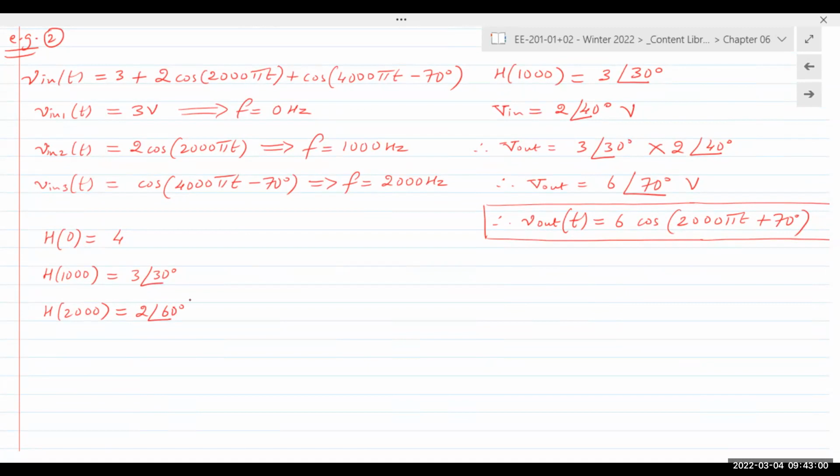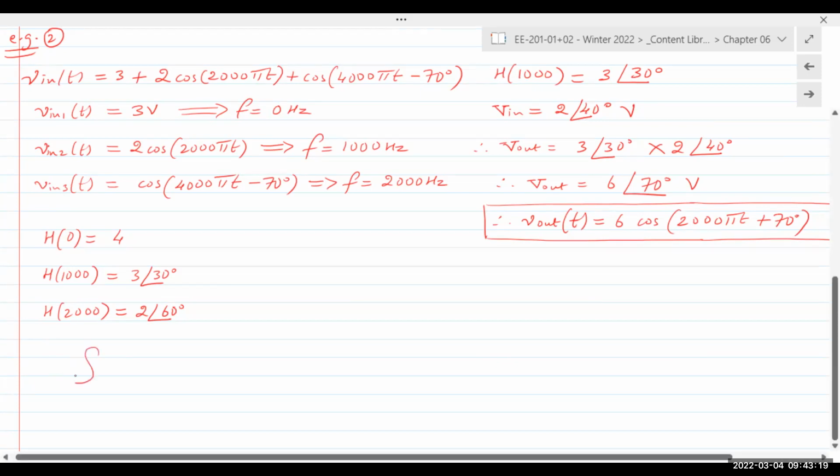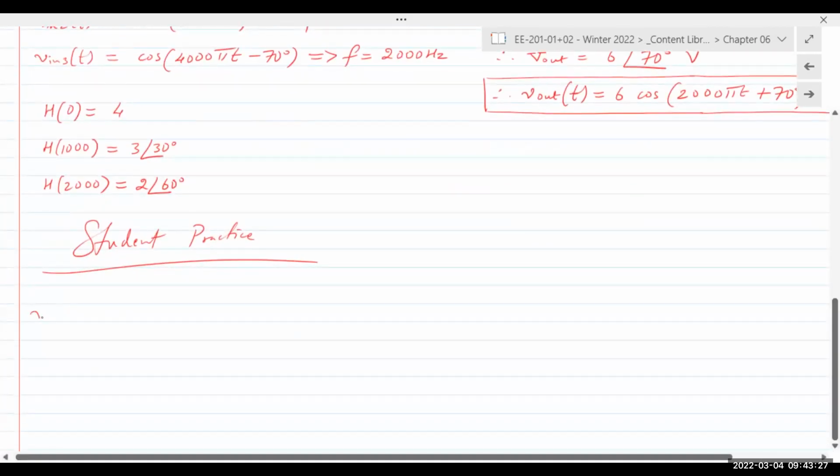Make sense, right? And that's it. And then from that point on, you just proceed in the same manner. V out is H of F times V in. Okay, so I'm going to leave that as student practice, and I'll give you the final answer. Final answer is going to be